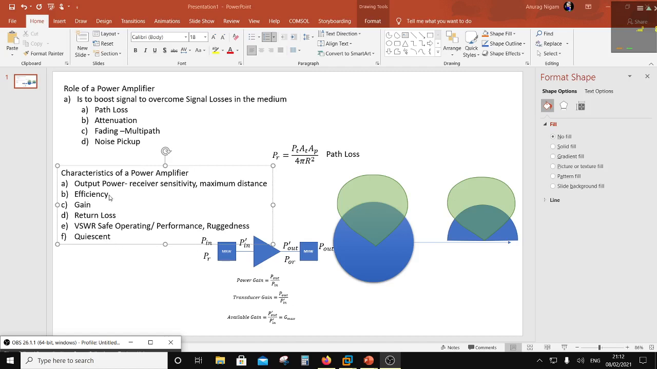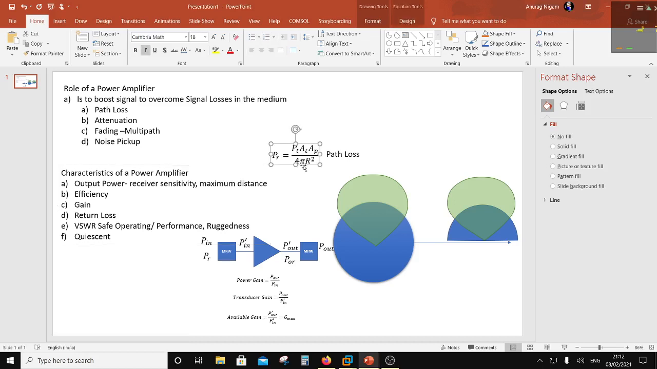Okay, let me talk about efficiency. Efficiency can be expressed in three ways. One is called the drain efficiency. Usually efficiency is represented by the symbol eta,